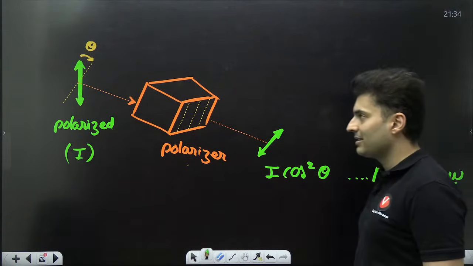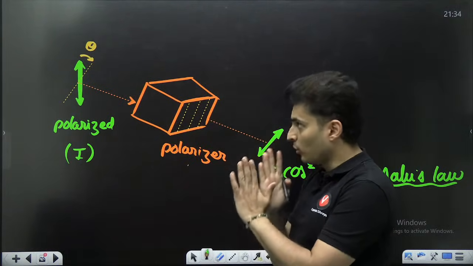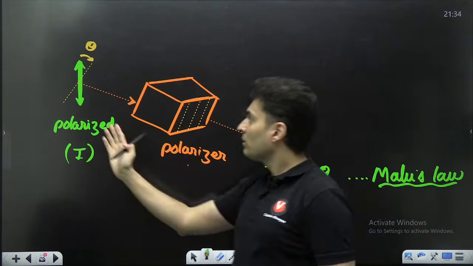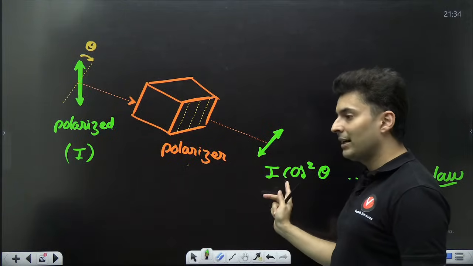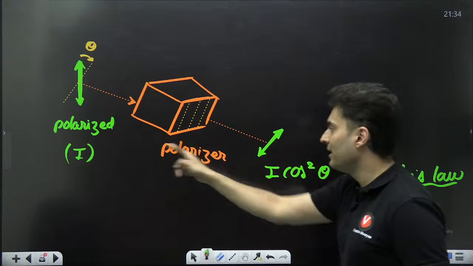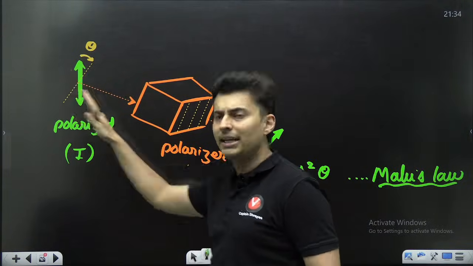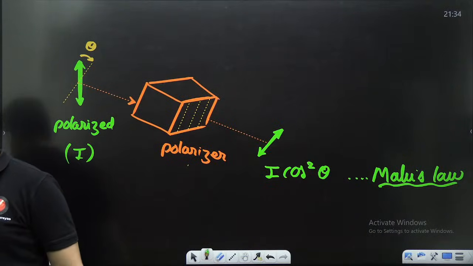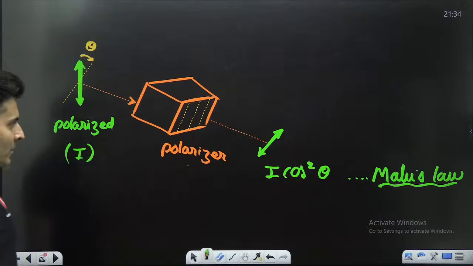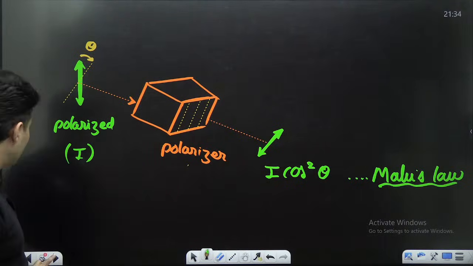So Malus law says that if you have a polarizer which is at an angle with the polarized light, then the intensity of the light which comes out is the original intensity into cos square theta, where theta is the angle between the plane of the light and the polarizer. Is that clear, my dear warriors? Yes, awesome. Now that you understand it till this point,